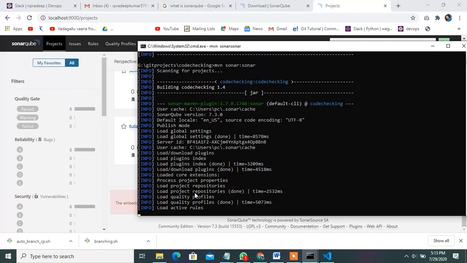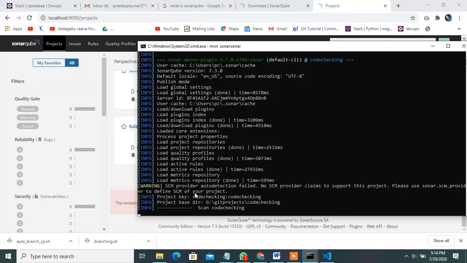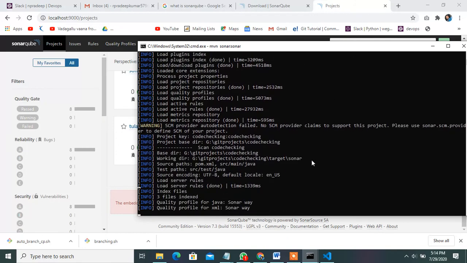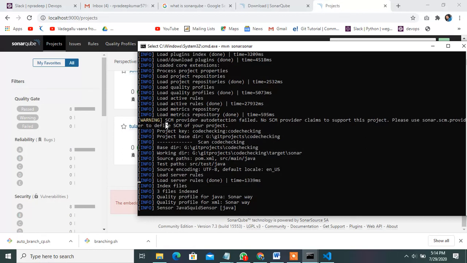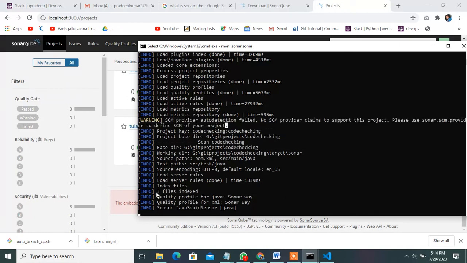It takes some time. Checking process is done. See, any issues will show as warnings. SCM providers, auto-protecting files, the providers will show the code errors, comments and bugs here. Three files are indexed, all mentioned here.